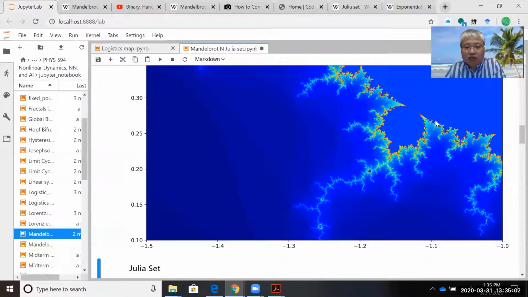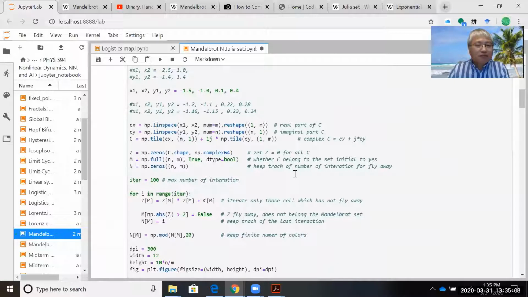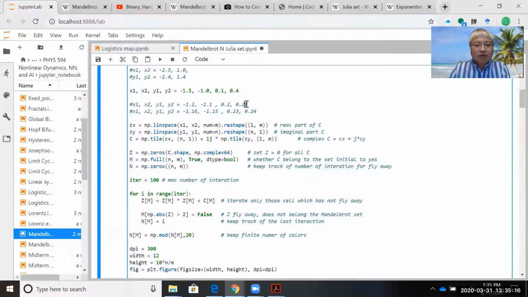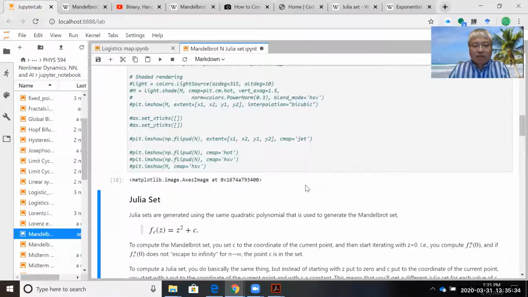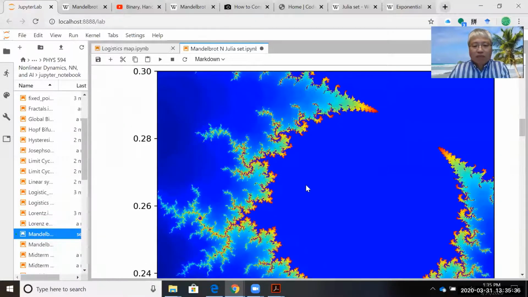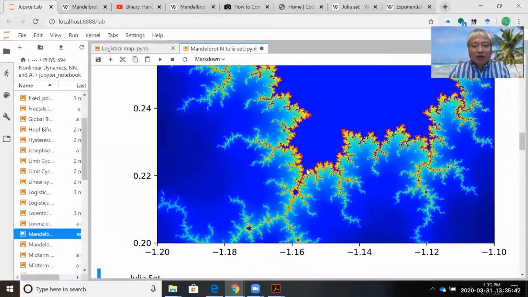So that should be boxing this window. So this is the right 0.2 and 0.3. Yes, that's correct. And now I want to zoom in